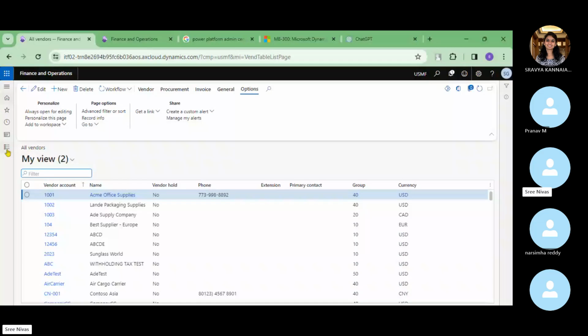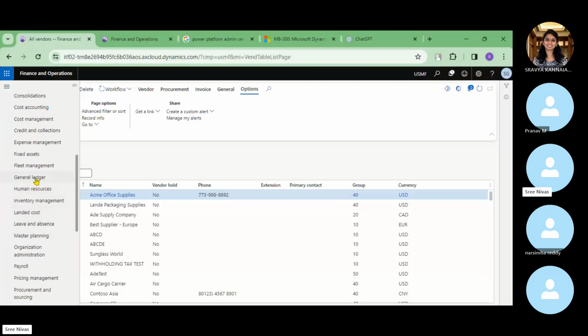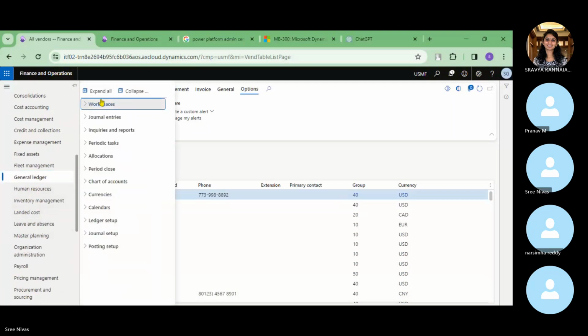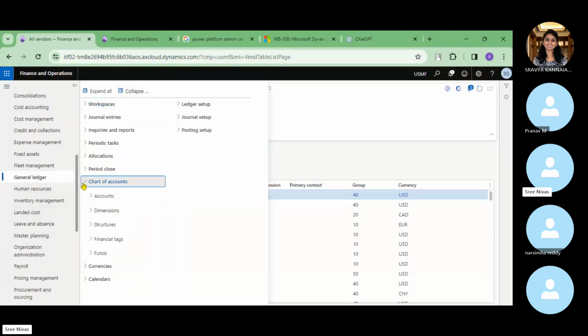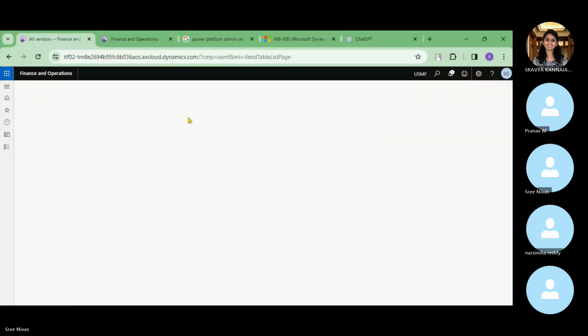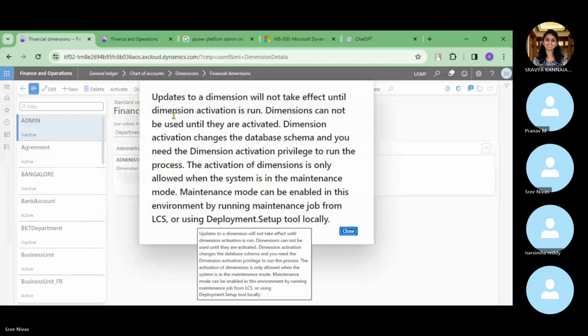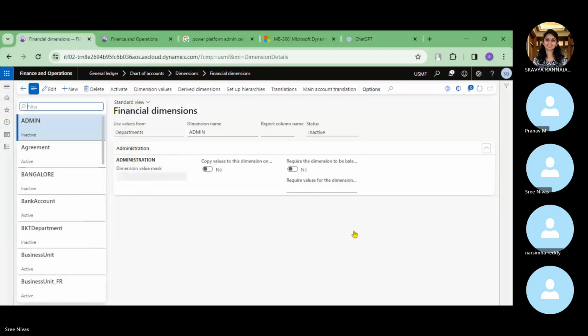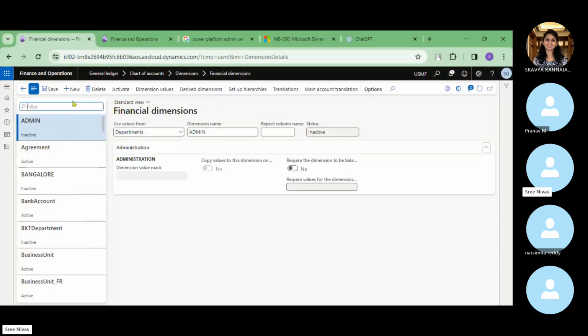So here the navigation for financial dimensions is under General ledger, Chart of accounts, Dimensions. We have Financial dimensions here. The disclaimer says that we cannot activate the financial dimension. Yes, there is a limitation with the trial environment. As I mentioned, these are the financial dimensions which are already there. So let's say, for example, if I click on New,